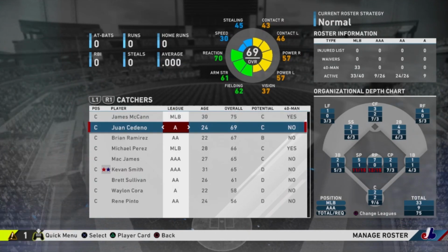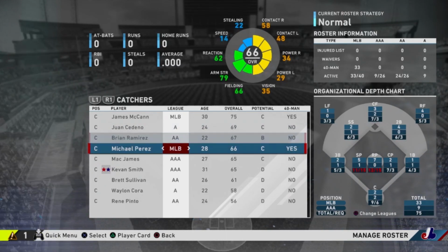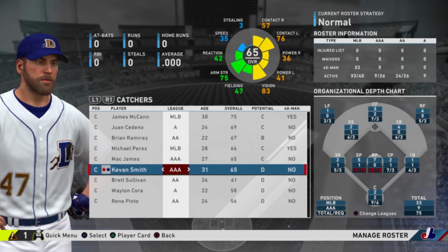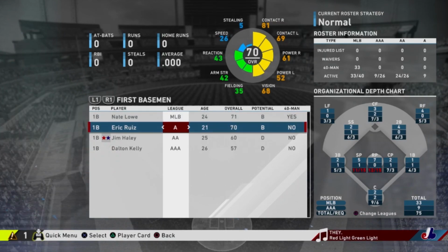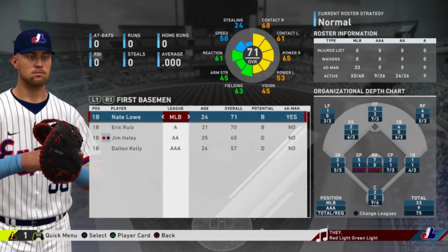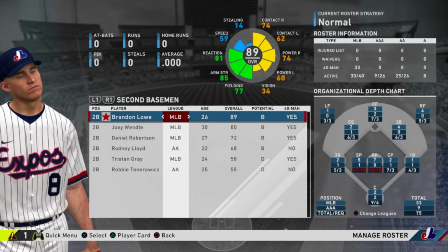James McCann. I don't know who my backup catcher is going to be. Juan Cedeno, that's the guy. No, Brian Ramirez. This is the guy I drafted. He's looking good already. 67 B potential. I think Kevin Smith might be a backup catcher. He's got good stats against lefties, made the All-Star team in the minor leagues. Nate Lowe, is he ready for that everyday first baseman role? I'm not sure, but he's going to have to be. I trusted him, traded Choo Choo for him,